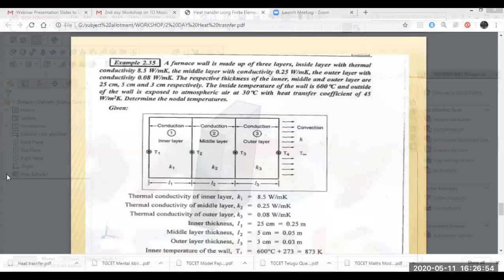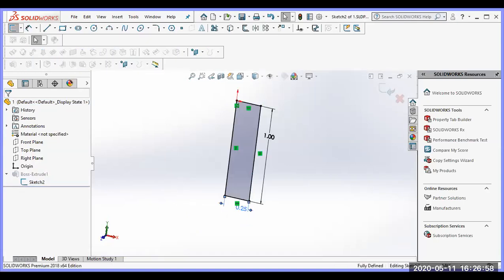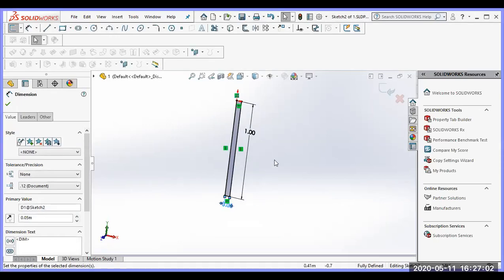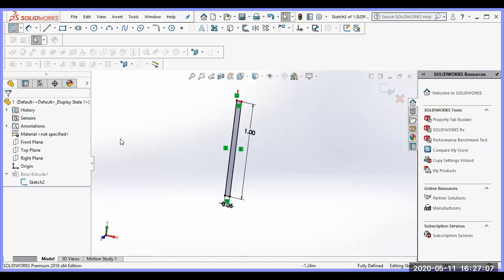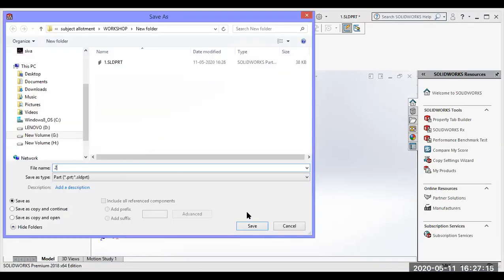I am changing it here and save as, replace. The area is same, 1 meter square only, no? Now click OK and finish. Now file save as part 2.